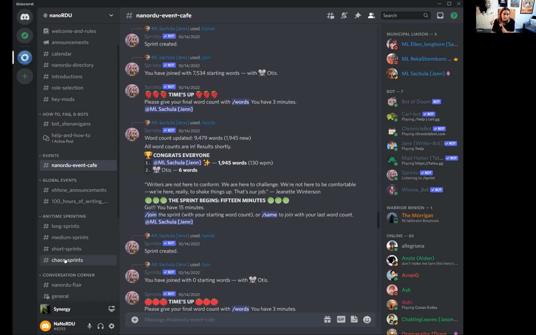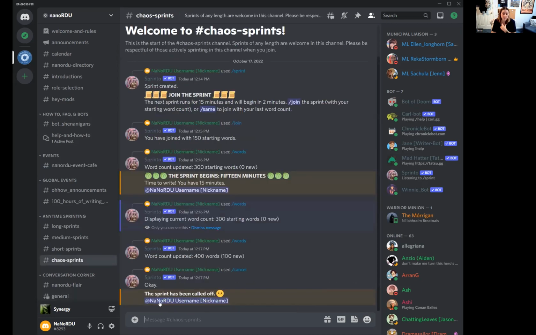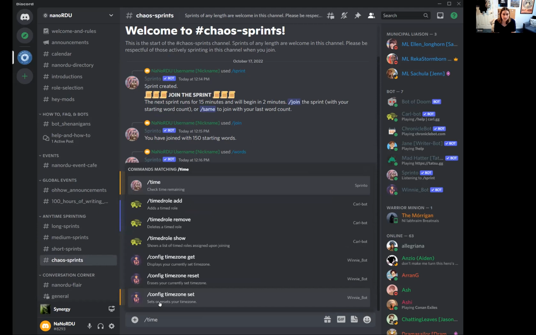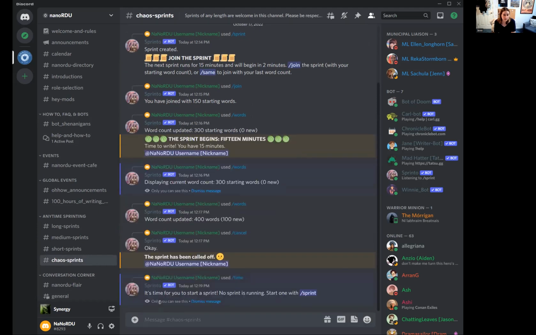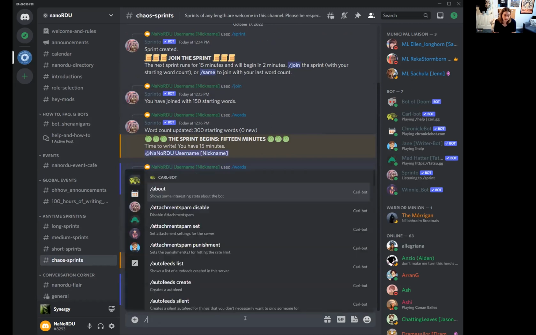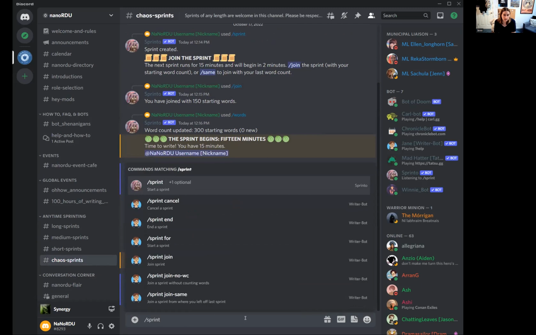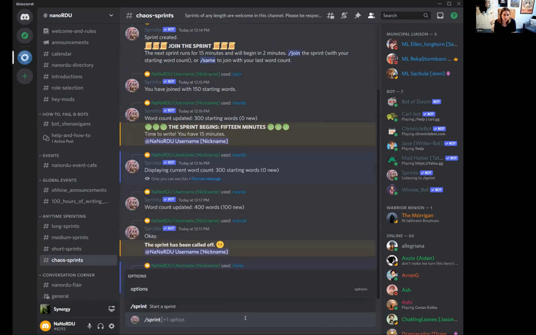You can also, if I go back to chaos sprints, because I had it going, you can also use /time on Sprinto to check time remaining on a sprint. It'll also tell you if there is no sprint running, so you can start a sprint. I'm trying to think. You can go, let's see, if I go sprint, we're going to sprint with Sprinto, and you can, let's say I want to sprint for 20 minutes. Actually, I'm going to go 2 minutes at